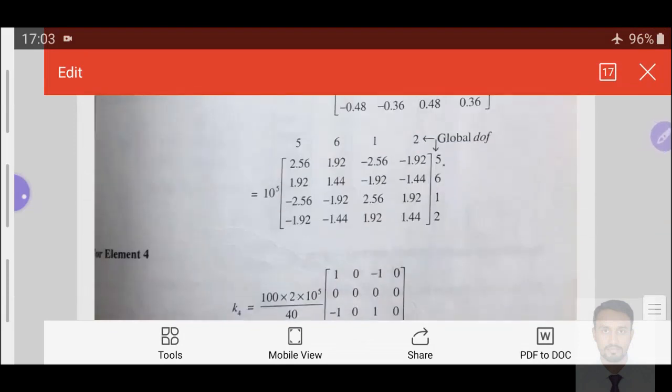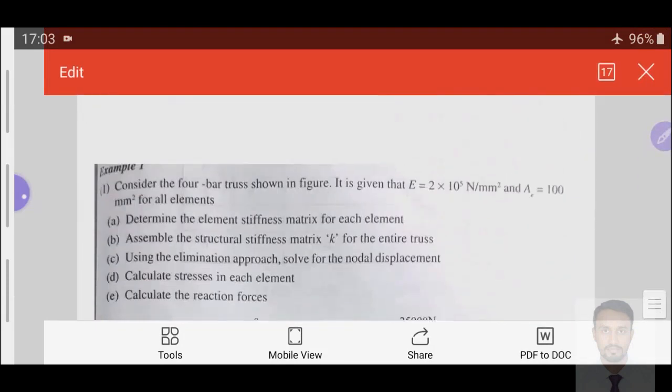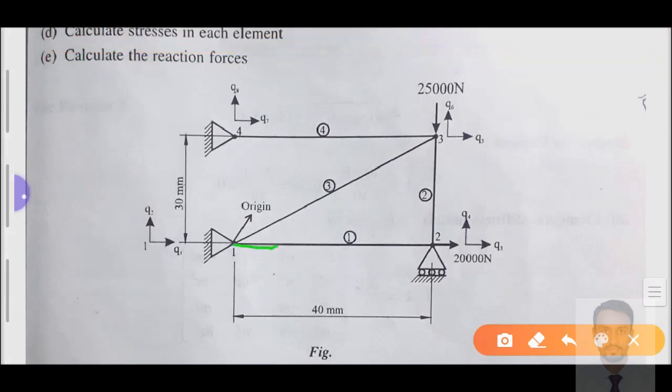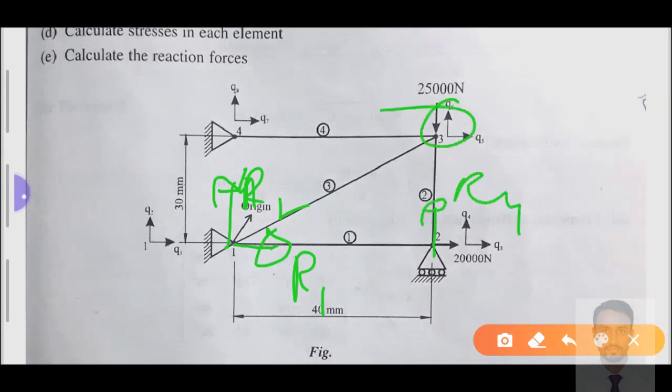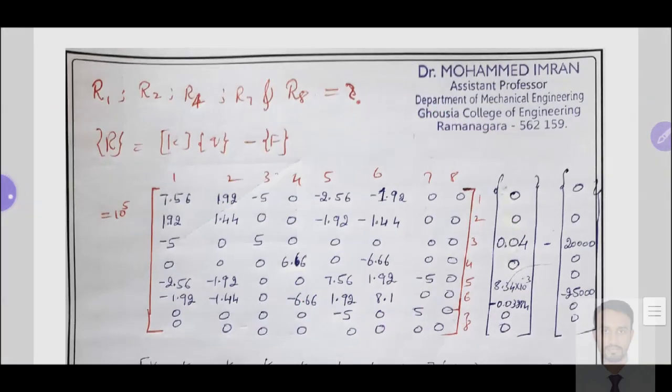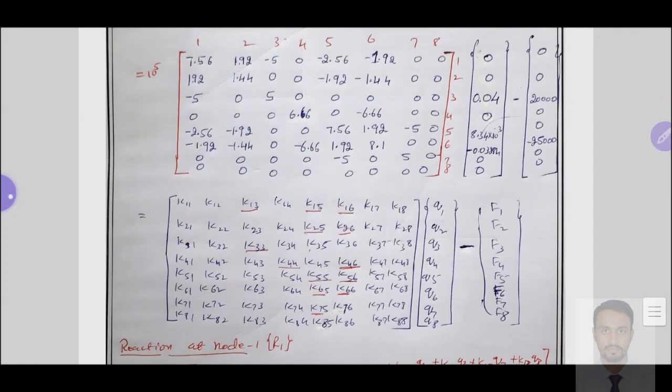See here, in the FE model we have the complete idea. We can check the reaction along the x-axis. We have R1, we have R2, and then here we have R4 that we need to find out, but here we don't have any horizontal reaction. We have a reaction here, R7, R8. That is 1, 2, 4, 7, 8. We need to find these. To find them, I have taken a generalized equation, an 8 cross 8 matrix in terms of generalized values.